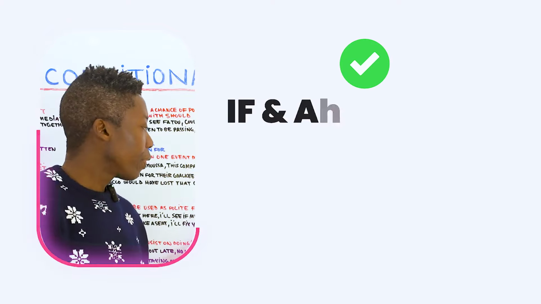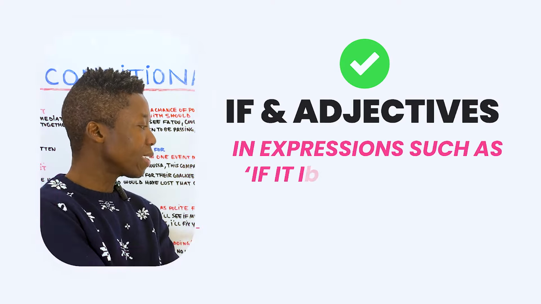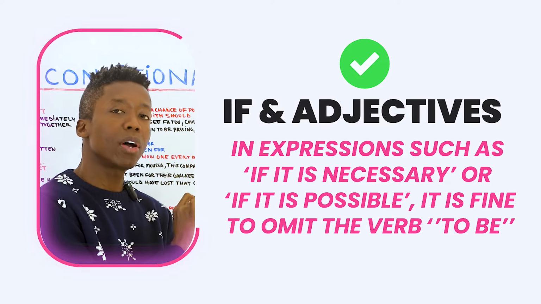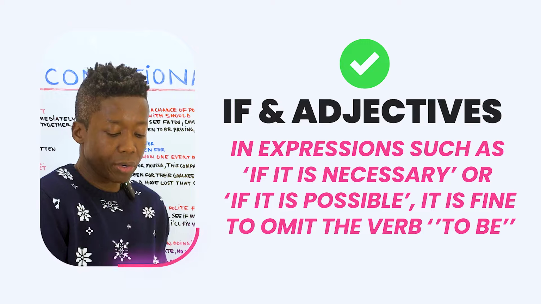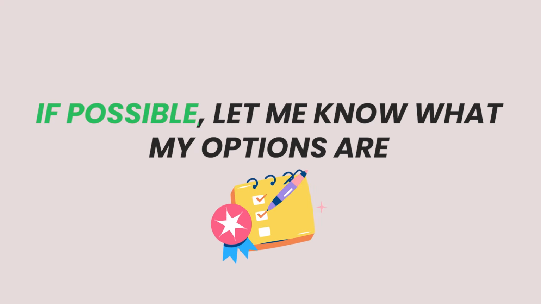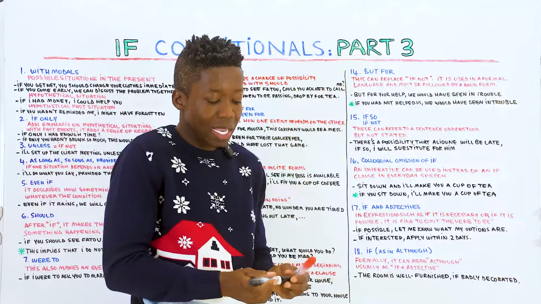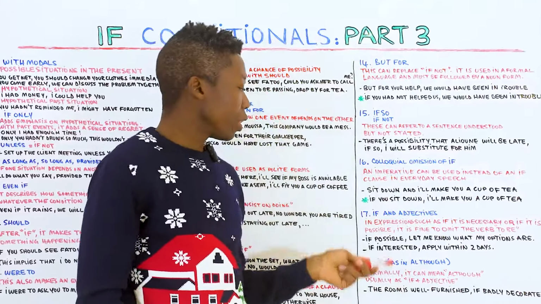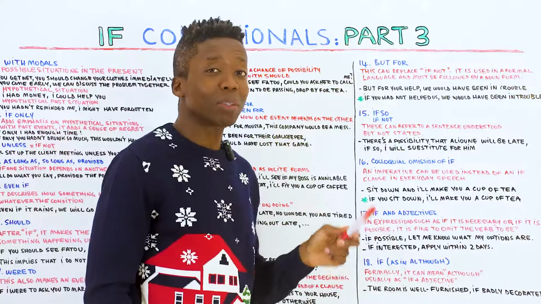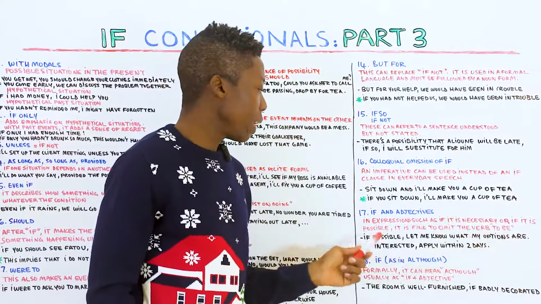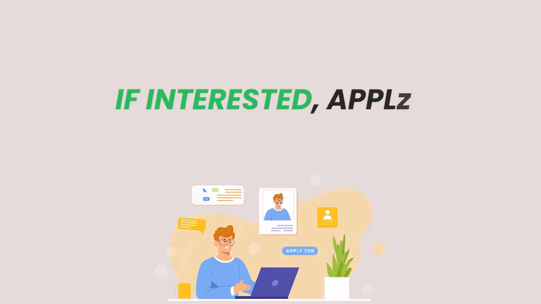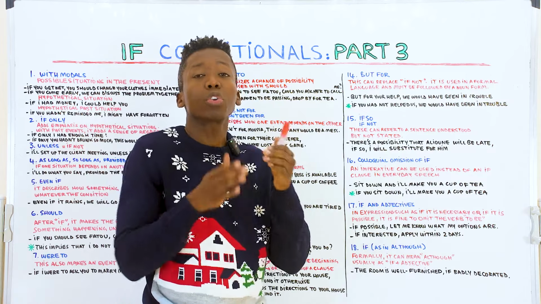Number 17. If and adjectives. In expressions such as if it is necessary or if it is possible, it is okay to omit the verb to be or the auxiliary to be. Let's look at two examples really quickly. If possible, let me know what my options are. This is an if conditional sentence. We don't have the verb to be here, but you can also say if it is possible, but it's too long. You can delete the verb to be. If possible, let me know what my options are. Or if interested, apply within 2 days. Within means between today and